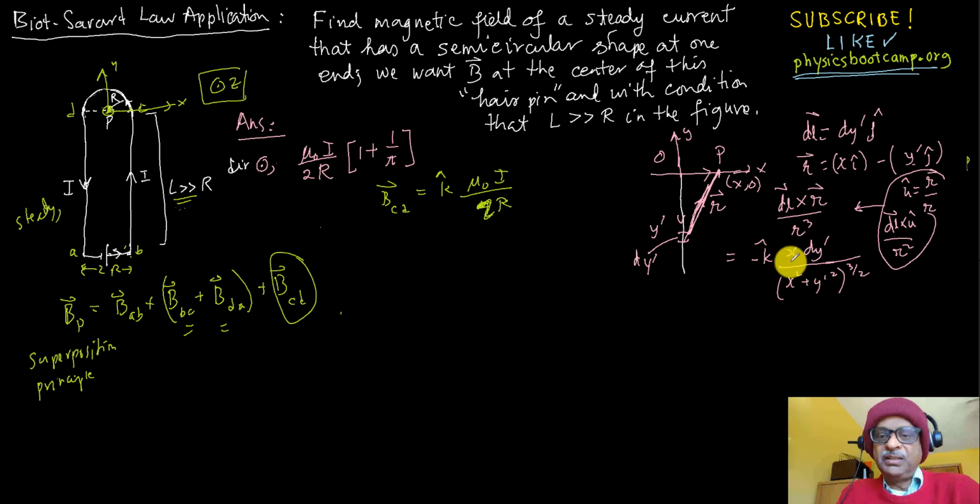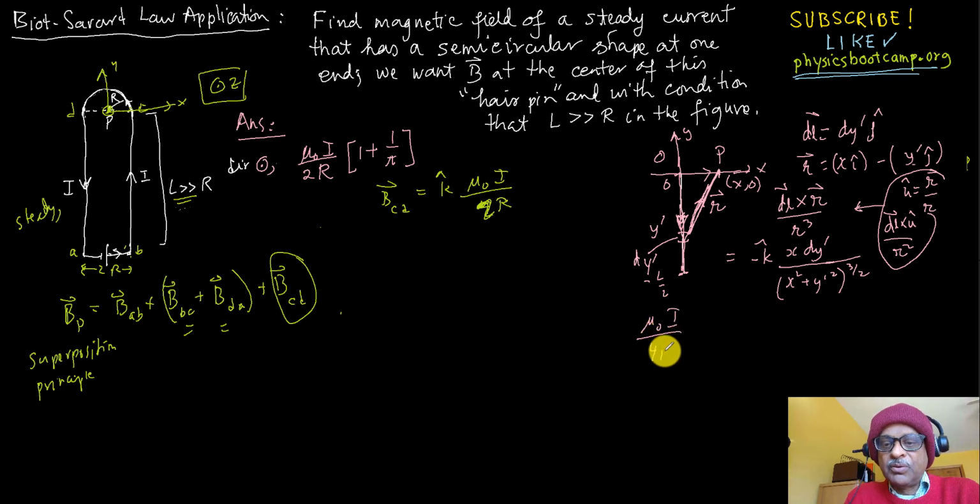This is the one I want to integrate from minus L over 2 to 0, so the integration is from 0 to minus L over 2. So I got mu naught I over 4 pi,